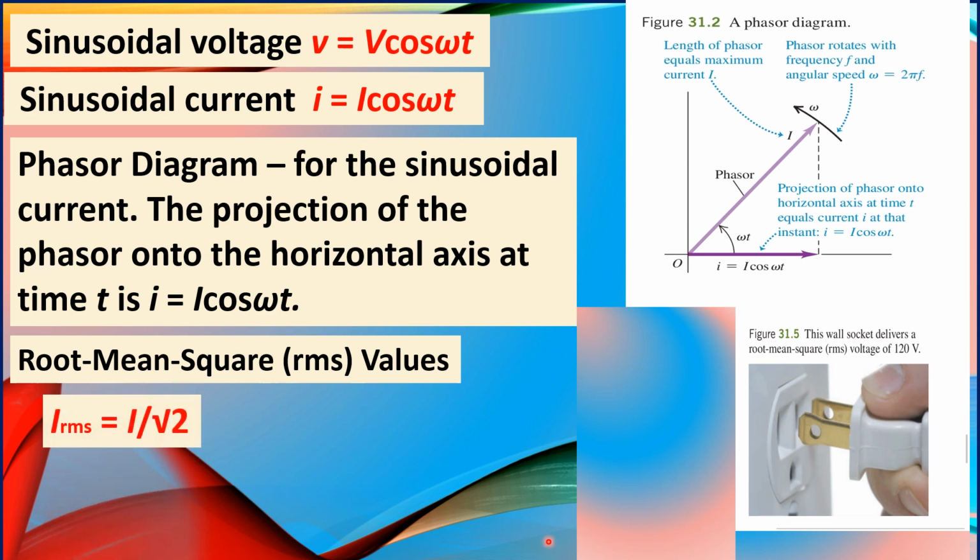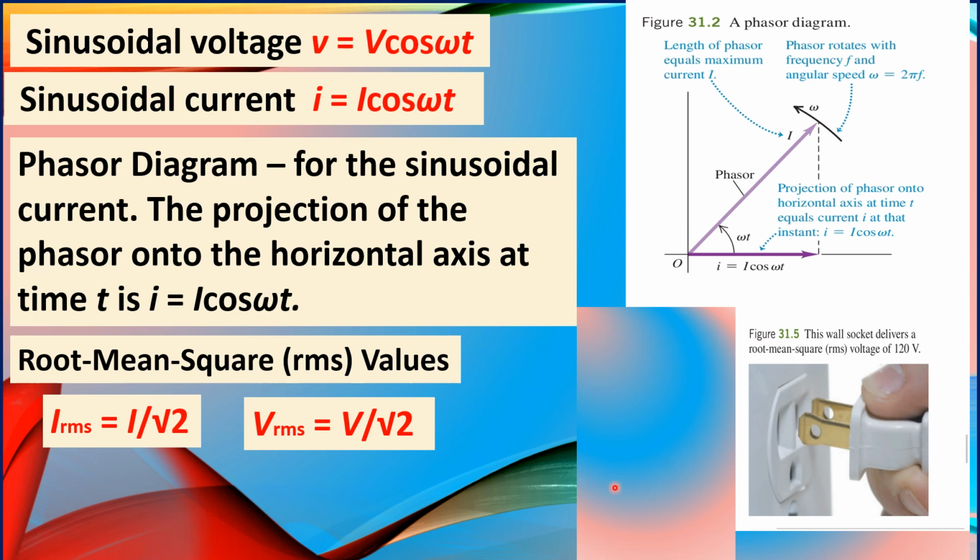For example, in the case of current, the root mean square value of the current I is just equal to the maximum current I divided by square root of 2. And for the root mean square of the voltage, or V of RMS, it is also equal to the maximum voltage, or the voltage amplitude, divided by square root of 2. Right? And the voltage